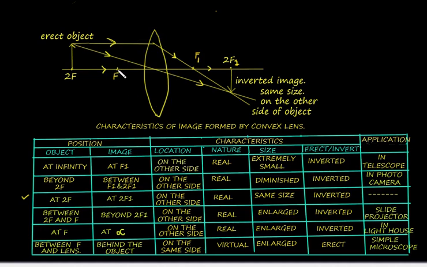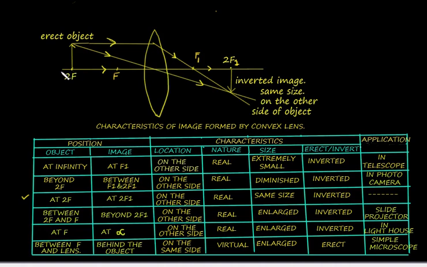This point is f on this side. On the other side, we mark it as f1. And on the side of the object is at 2f. The image is at 2f1. What are the rays that we have used in creating this diagram? One ray passing parallel to the principal axis, getting refracted, and then passing along f1 in this line. Another ray passing along the optical center, which passes without deviation.